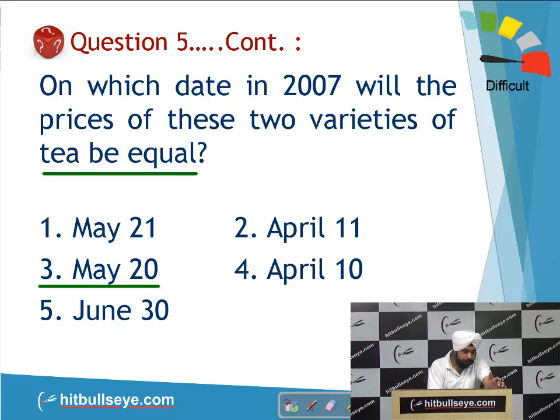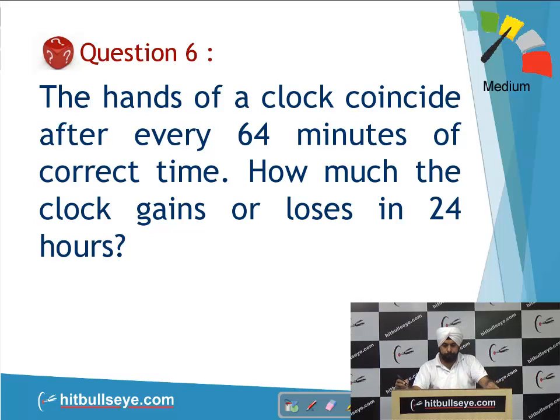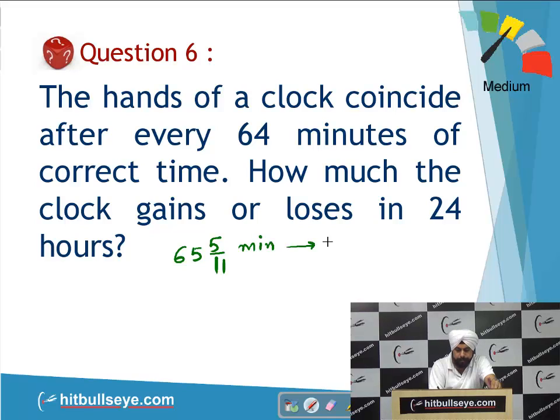Okay, students. Let's have a look at one more clock question. It says the hands of a clock coincide after every 64 minutes. Now, how much will the clock gain or lose in 24 hours? So, students, first important point, if the clocks move at a normal pace, the two hands meet after every 65 5/11 minutes. But it is meeting in 64 minutes, students, of the correct time, because the watch is not going okay. So this means it is gaining 1 5/11,